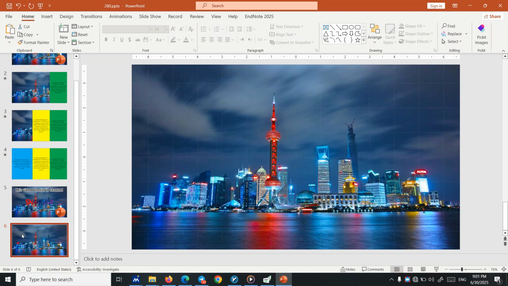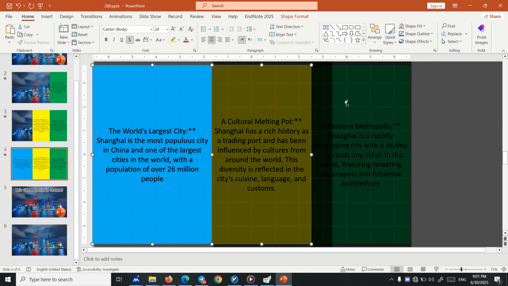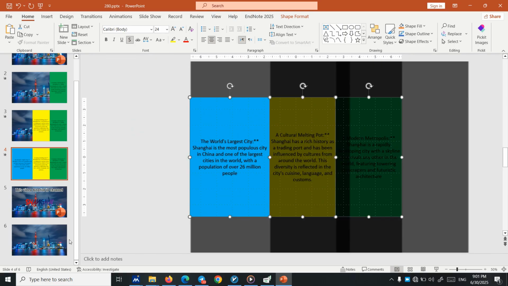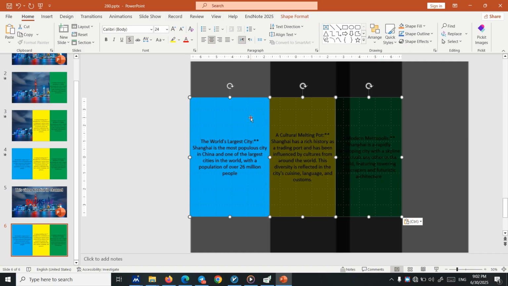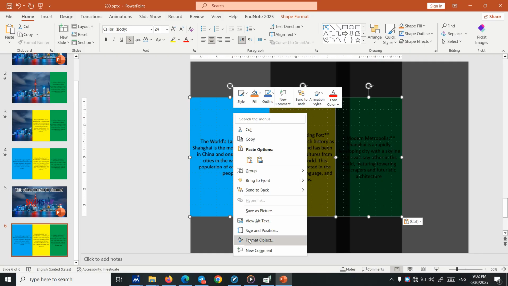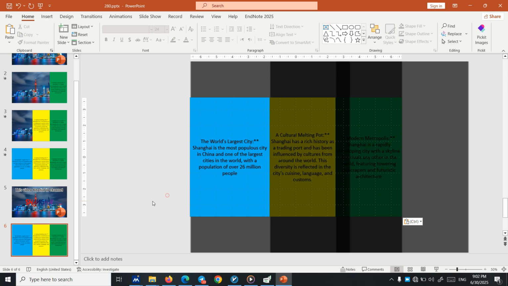Okay, it's good. Now we need to create these three rectangles. There is nothing special about them. I just simply copy them and paste them. But the important thing about this rectangle is that when you select all of them